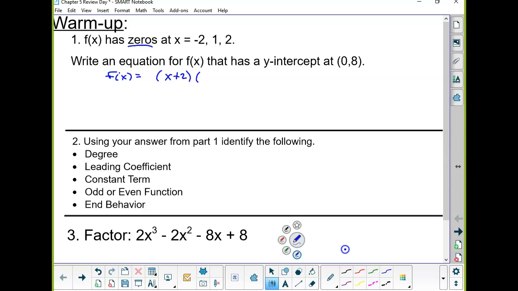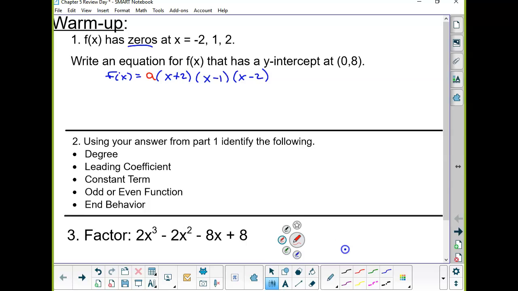And then where did the 0 of positive 1 come from? It came from the factor x minus 1. And where did positive 2 come from? It came from the factor of x minus 2. Now the only thing that's different